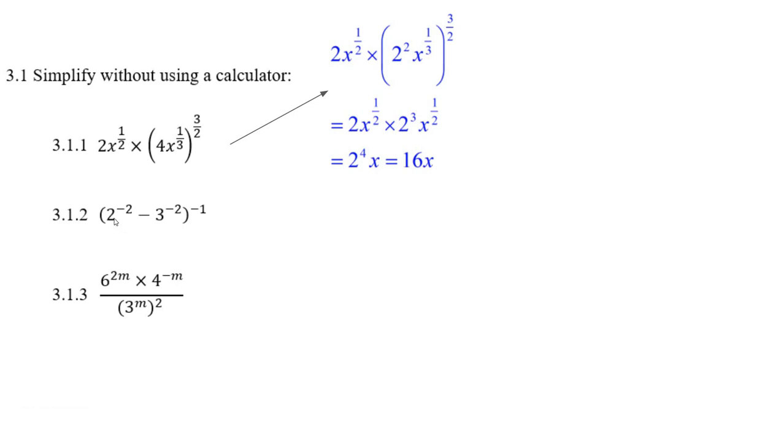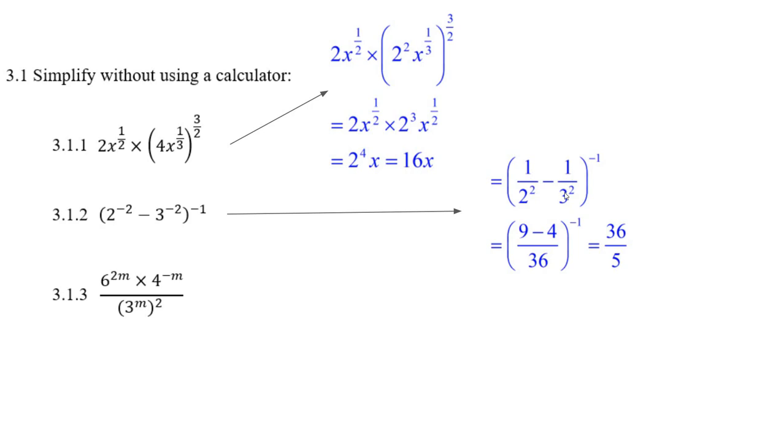What about this one? Well, 2 to the minus 2 is 1 over 2 squared. And this is 1 over 3 squared. Well, that's the first part. But hey, that's 1 over 4 and 1 over 9. How do we put this fraction together? Well, we find a common denominator by going 4 times 9. There's 36. You've got to cross multiply, or we're going to multiply the top and bottom of this by